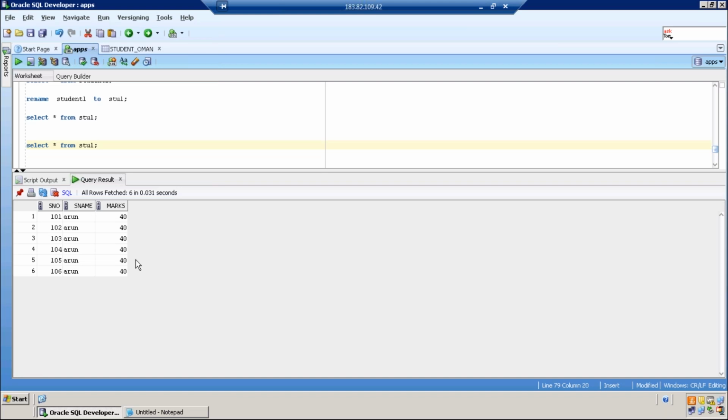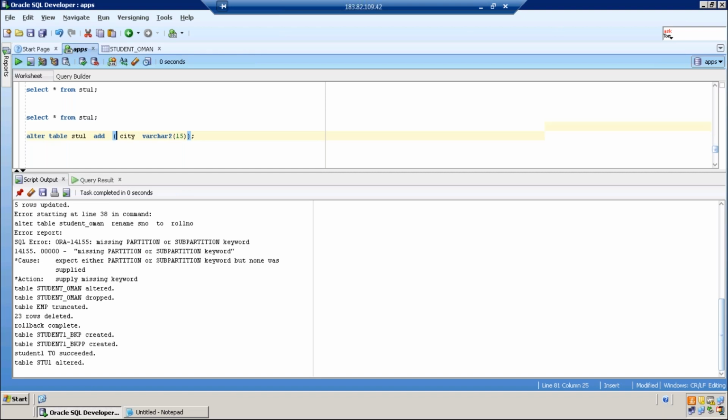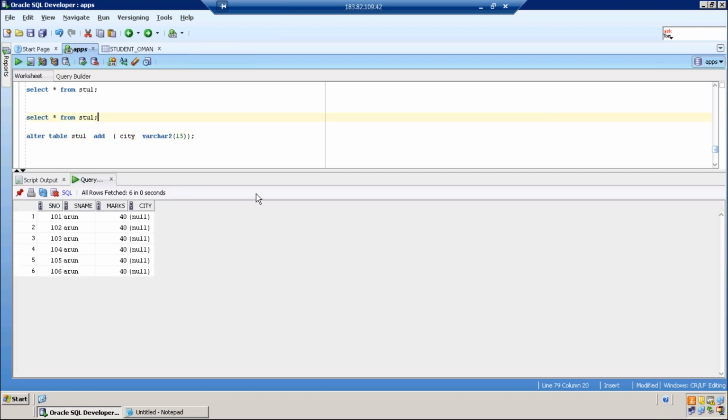I'll add a new column city and explain your scenario. Now you want to insert a city in row number 103, for example. This one that I have highlighted.